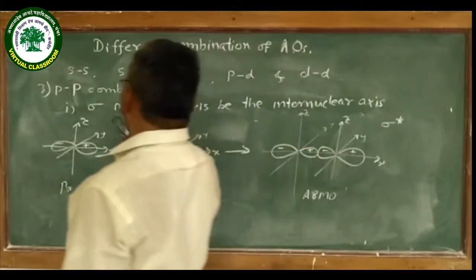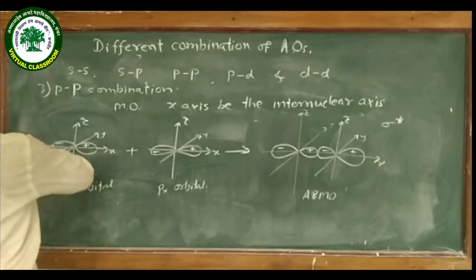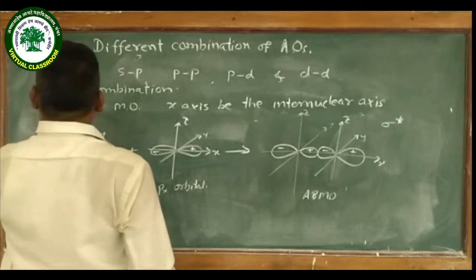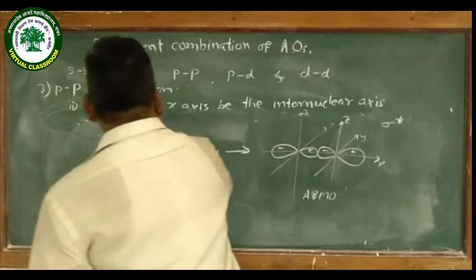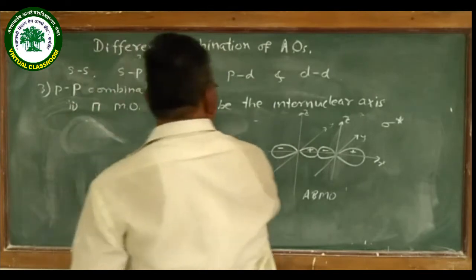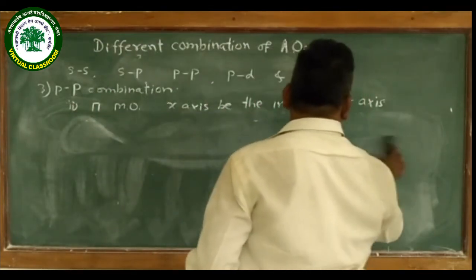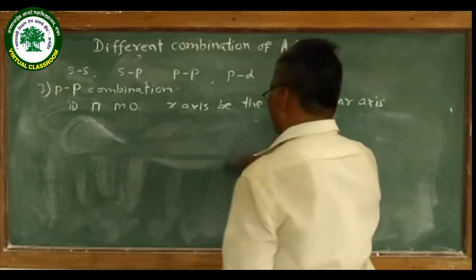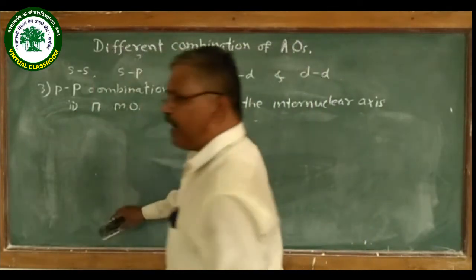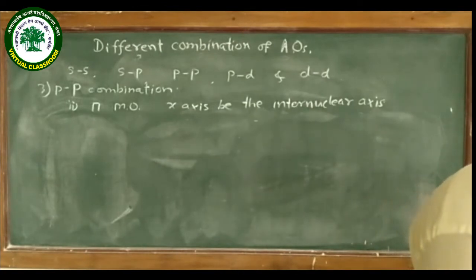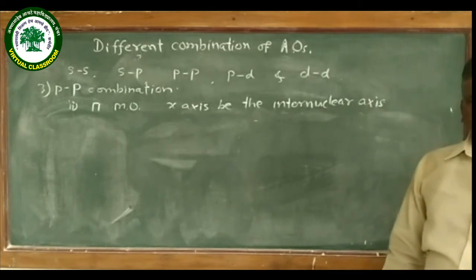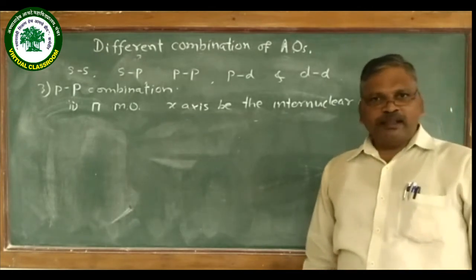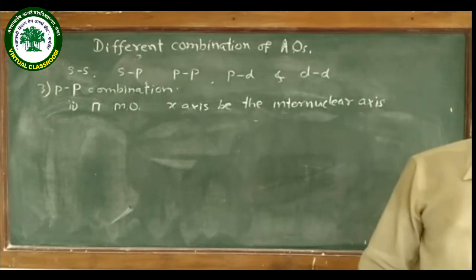Another type of molecular orbital can form due to the pp combination, and that is pi molecular orbital. So out of three types of p orbital, if one is engaged for formation of sigma molecular orbital, then the remaining py and pz orbitals of both the atoms become parallel to each other, and that's why py or pz orbitals laterally overlap with each other and form pi molecular orbital.